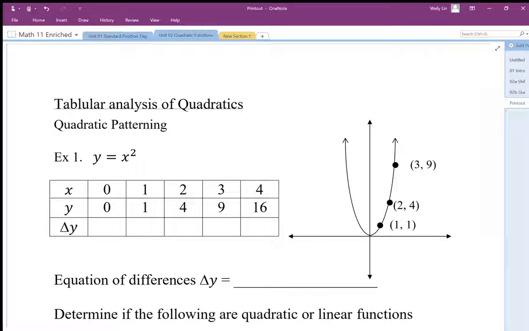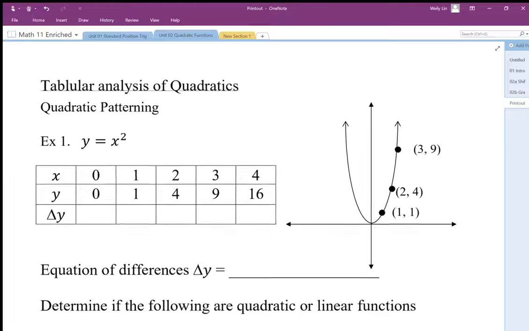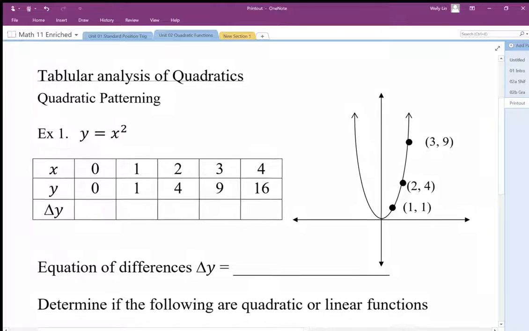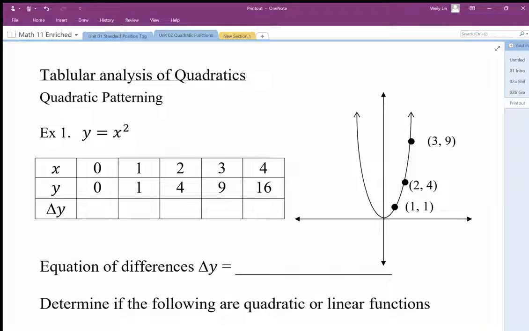Formulas have another interesting characteristic, and it's to do with the sequencing pattern that is generated by quadratics. So if we take a look at the quadratics, we have x equals 0, y equals 0, x equals 1, y equals 1. Basically we're just squaring our x coordinate to get our y coordinate, and we get our quadratic shape here. Now there is a pattern in the differences, or the changes in y. So if we take a look at this here,